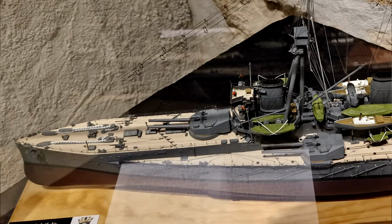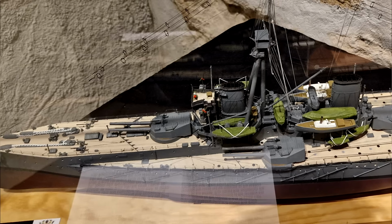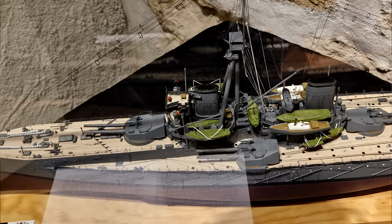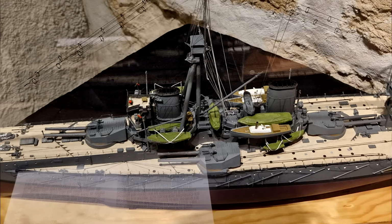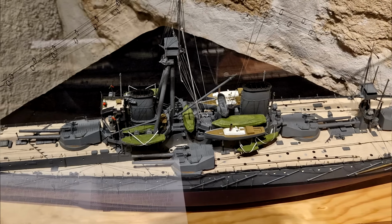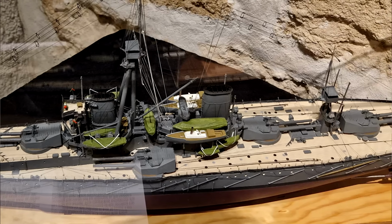Fair enough. So I suppose this is a question. Hopefully, people will be seeing some of the photos from the display in the museum, and you've got a few books as well. How on earth do you go about getting all the details so spot on? Because when I was looking back over some of the photos from the museum trip I did last year, I actually went and got some of my reference photos that I use for making videos, some of the close-up ones, and I was going, you know what, I can match what's on the model to this photo. How on earth do you do that, considering that you know, in theory, the big companies,